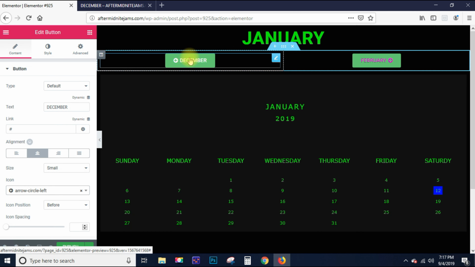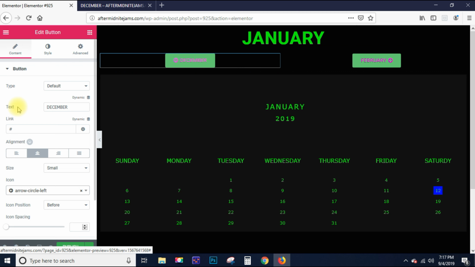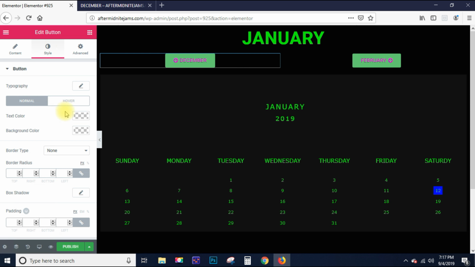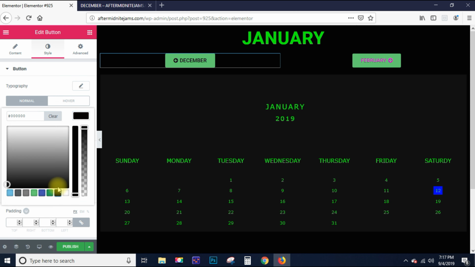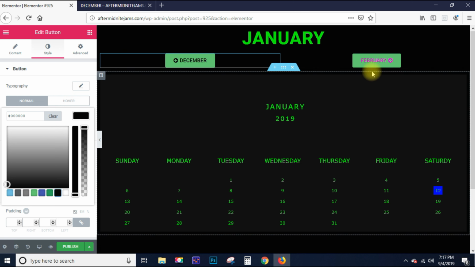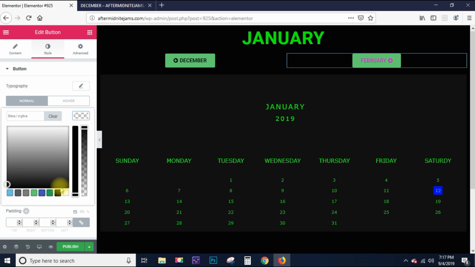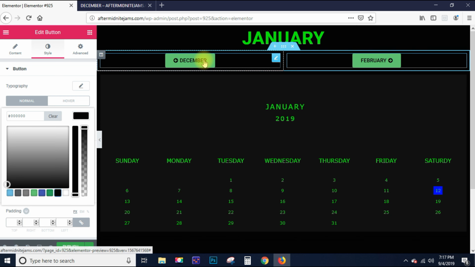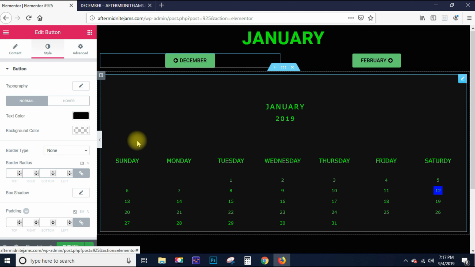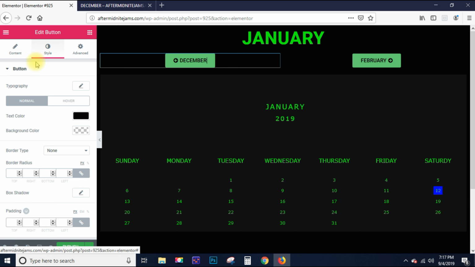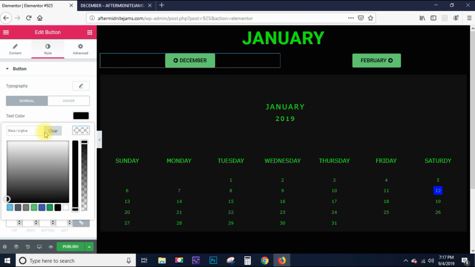Now, I'm not real in love with this color or that color, so what I want to do is come back to style, and then I'm going to come over to text color. And the text color, I'm just going to go with black, because I like the color of that, and then I'm going to do the same thing over here. I'm going to go to text color, I'm going to go to black. I'm going to come up here, I'm going to make that the green like this is, but you can make it whatever you want. Nobody's telling you that you have to,